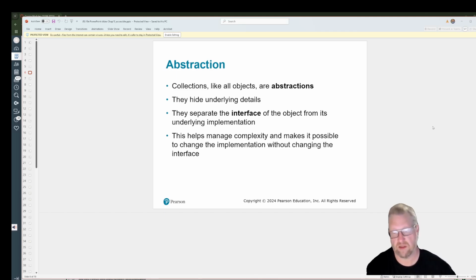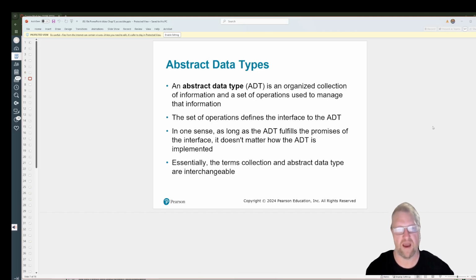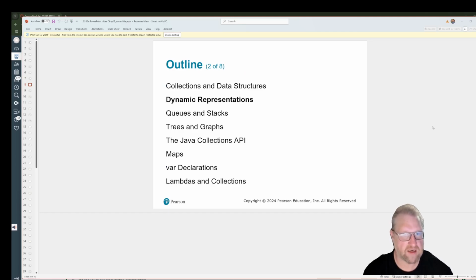And that's one thing about these, when we work with these abstract data types and dynamic representations for queues, stacks, and linked lists,